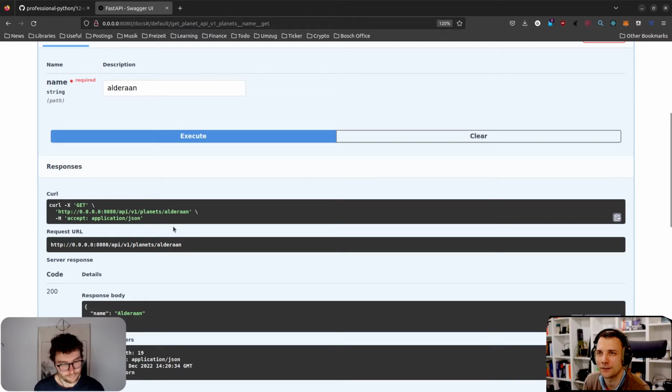Sorry to interrupt. Here the GET is not in the URL, right? So you have that in the curl command. Yeah, there it is. But in the request, it's in the header. You see the curl command, it's curl minus X GET. So minus X is basically in the request itself, so it's not in the path. This is the path. And here you see it also sets the header accept, which is what you accept as response, and here it sets application/JSON. But could you not use the request URL just in your browser to get the planet?